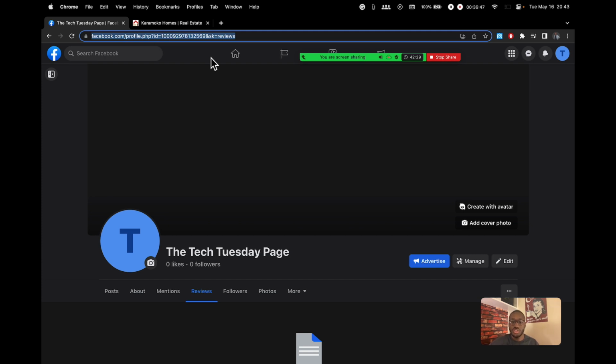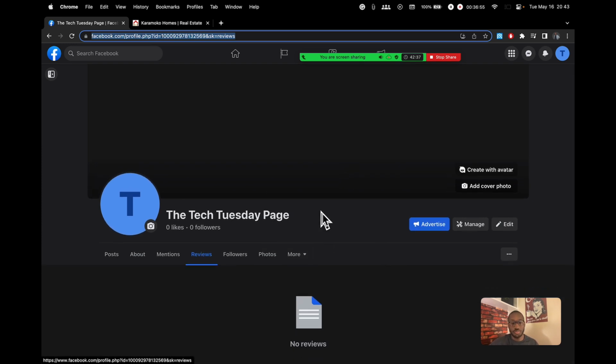Share it through email marketing, maybe a QR code, and when people scan it or click on that link, they'll be able to come to this page of your business profile and leave you a review. And the more reviews you have, obviously the higher your rating, assuming you're only getting good reviews, and the more likely Facebook's going to recommend your page to a wider audience. So it's a snowball effect. It all kind of works together.